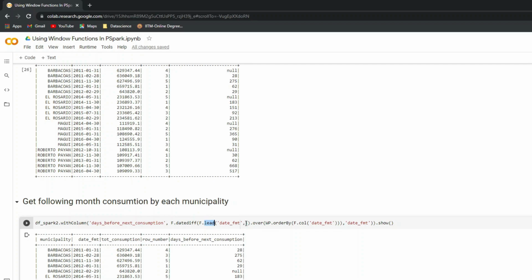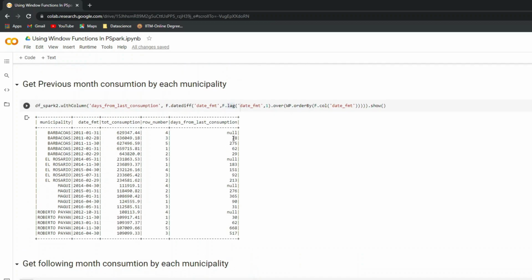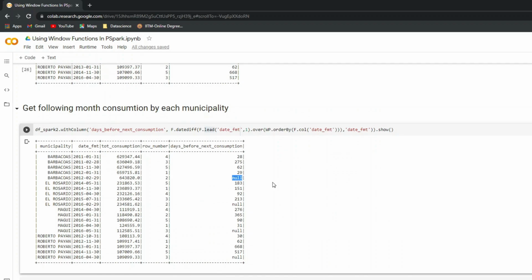And I am taking the next reading here, the days between the next reading and the current one. So for this one, the next reading was done on 28th February, so it says 28 days. For February, it is between February and November, 275 days. But for the last value, since we don't have any next value within this group, it will be null. Similarly, like how with lag the first value was null, here with lead the last value will be null.